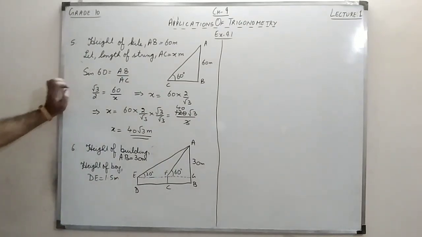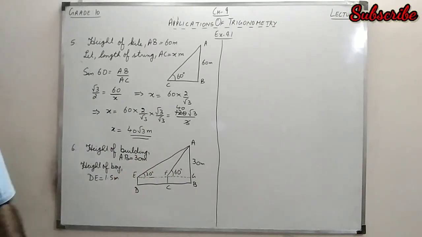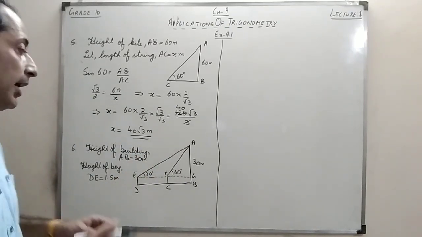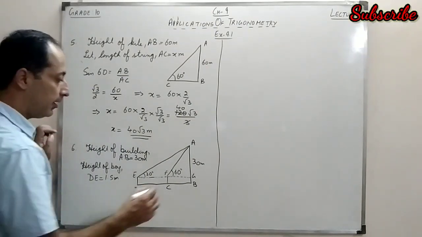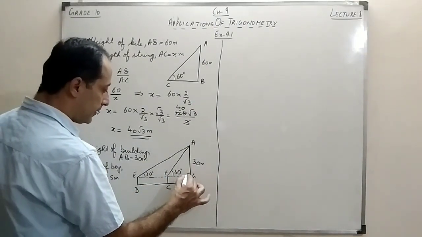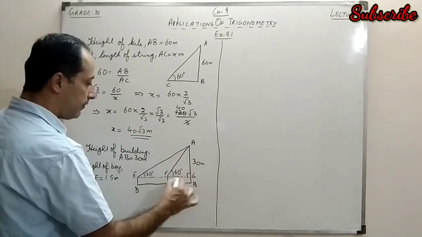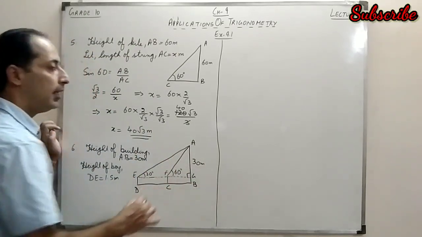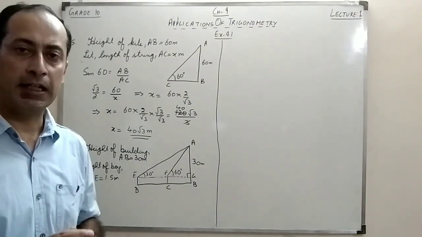Right? Whenever we are solving, if we have to apply anything, we can only apply it in a right angle triangle. So we'll have to see which of these triangles will be right angle triangles. If you see here, this is basically the right angle, and we have two right angle triangles: one is AFG and one is AEG. These are the two right angle triangles, so we'll use only the right angle triangles.